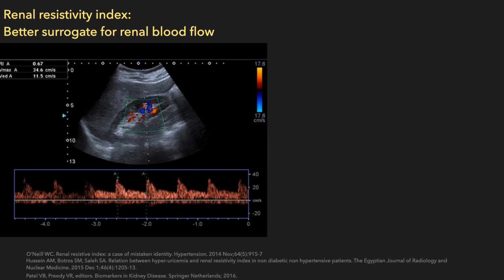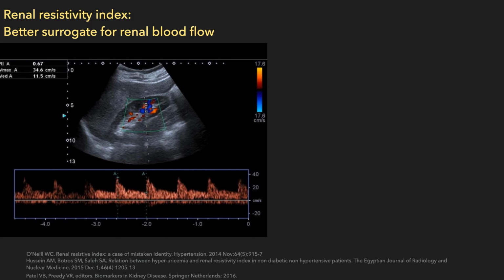What if we don't care about the cardiac output? We don't care about the stroke volume. We just care about the blood flow to the organs by measuring the blood flow with the Doppler in real time. So let's say take the kidney for example. There's a thing called the renal resistivity index. Basically, you put a